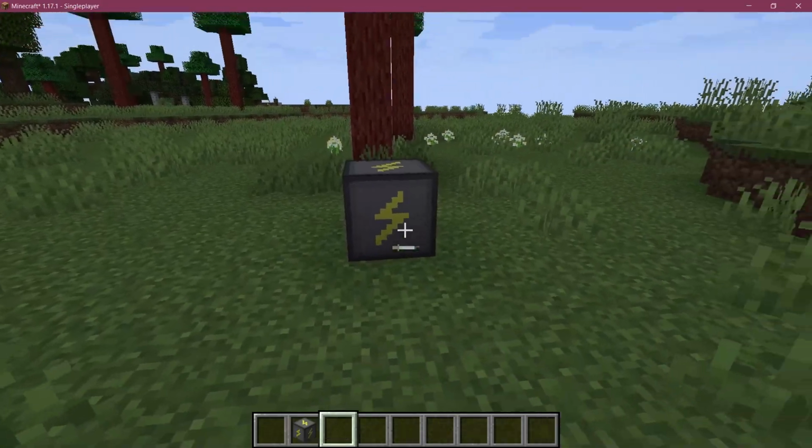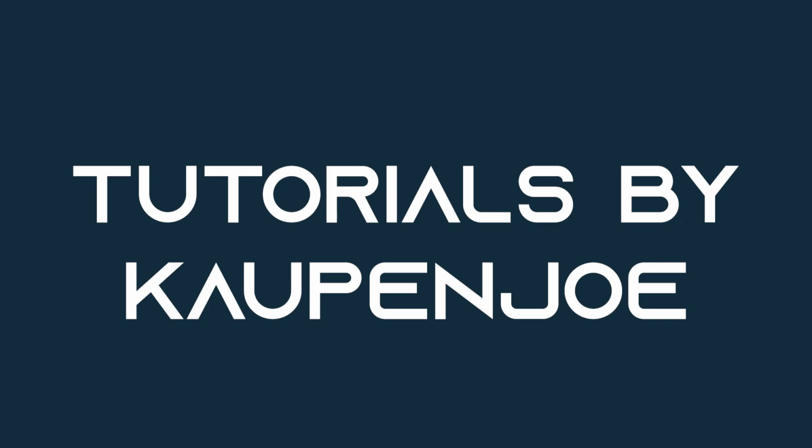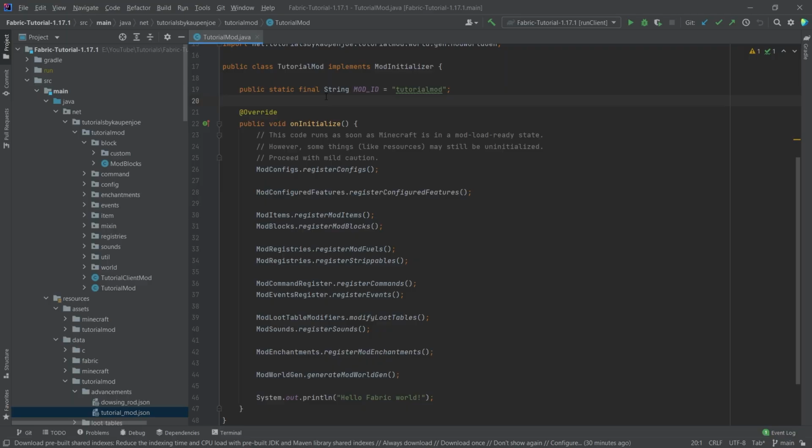Let's tackle a big topic. Let's take a look at block entities. Alright, we found ourselves back in IntelliJ once more, and in this tutorial we're going to be looking at block